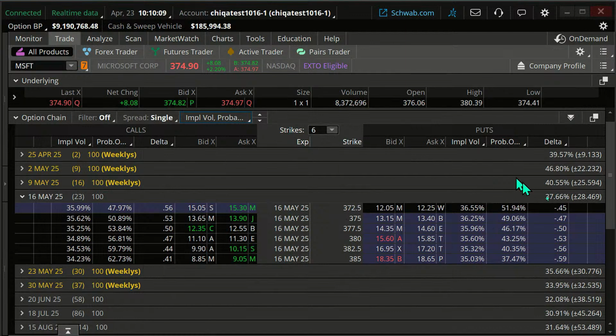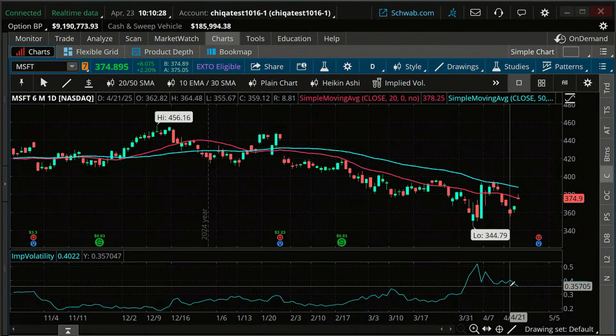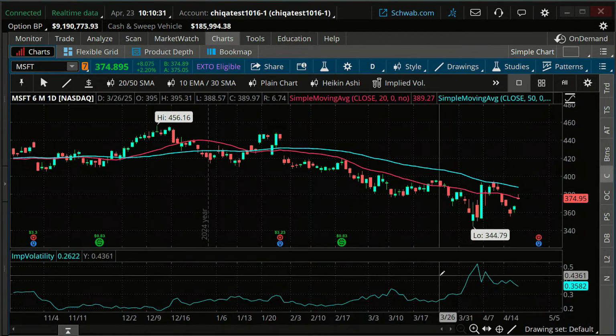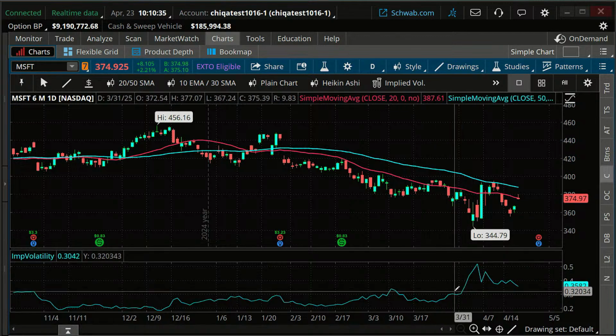Also, what's this over here? This is the average implied volatility for that particular month. You can see they change from month to month. So if you really want to get to the individual contract, you can bring up a column here for implied volatility. If you want to look at the monthly contract, you can look right there. But the benefit of the chart is it gives you the perspective of the history of where it's been and perhaps where it's going.